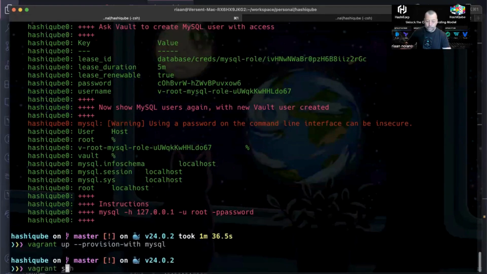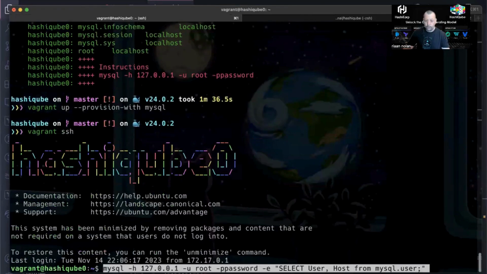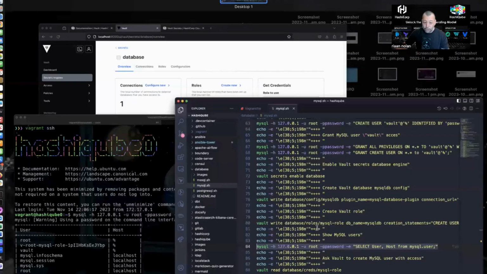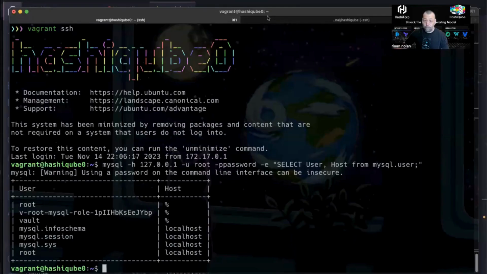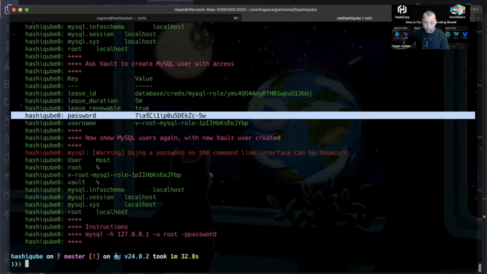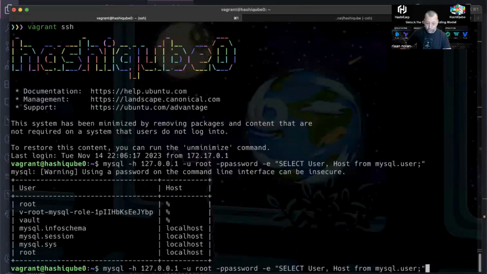Therefore, if we now view our users, and for that, we are going to go to HashiCube, and we're going to go vagrant ssh, we can post this MySQL query. And we can see that Vault has created a user for us in this database, in addition to the Vault user. Now, we can then use this database user and password, which still exists, to view the databases, meaning we can go select, we can go